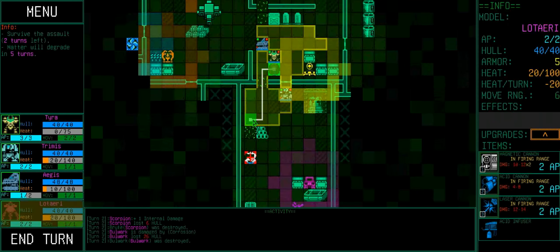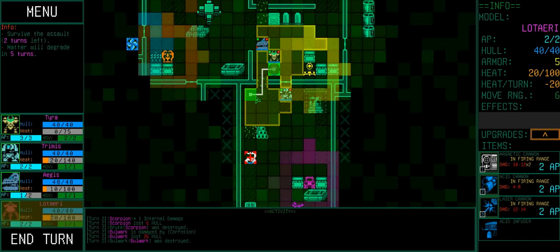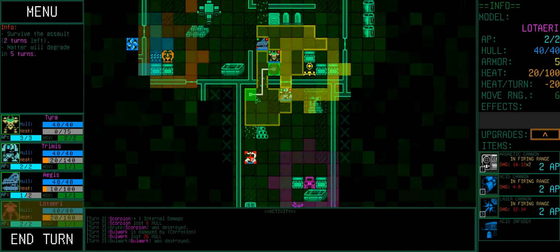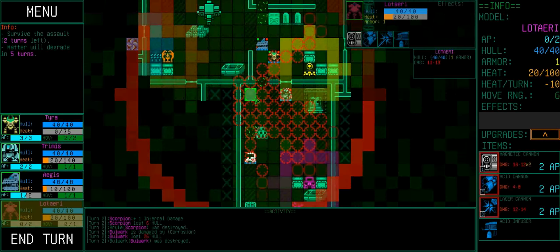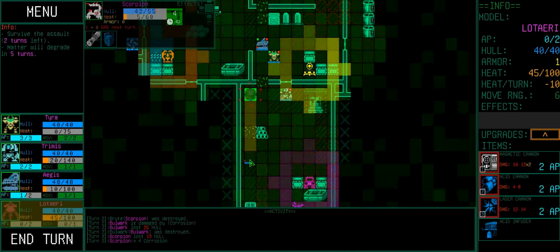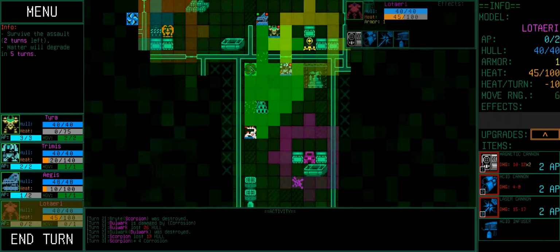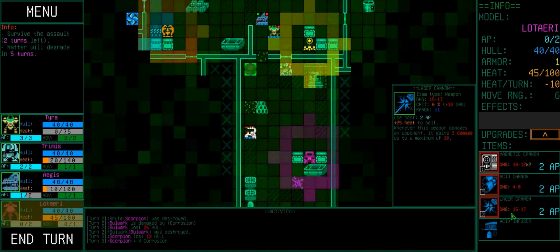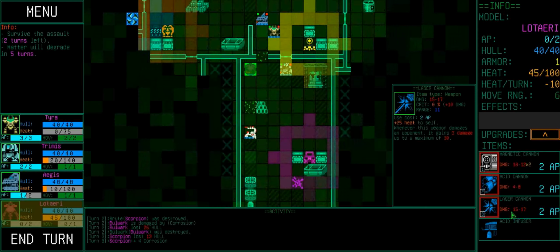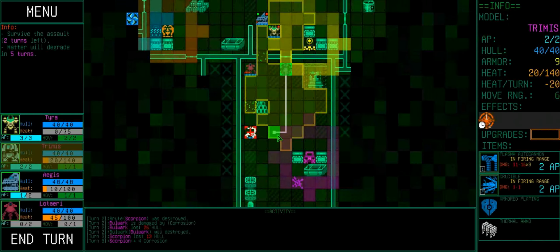And Lotaeri, let's have you move over here. And we'll fire the laser cannon. And now the laser cannon has gained 3 damage. So instead of 12 through 15, it's doing 15 through... it must have been 12 through 14. All right. Trimus...